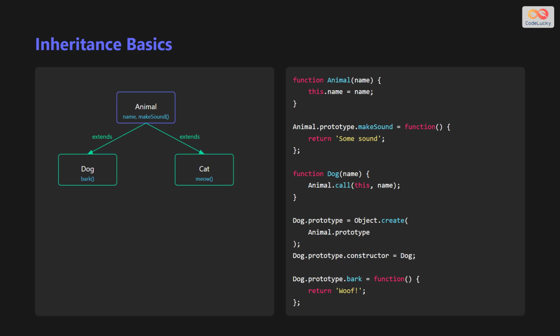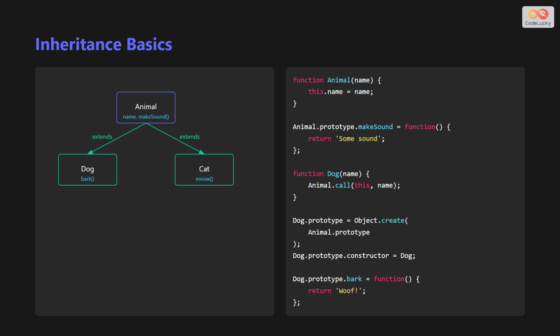Inheritance is a fundamental concept in object-oriented programming. It allows objects to inherit properties and methods from other objects. In JavaScript, this is achieved using prototypal inheritance. In this diagram, the animal class is a parent class with properties name and a method named makeSound. The dog and cat classes are child classes, extending from the parent class and having their own unique properties like